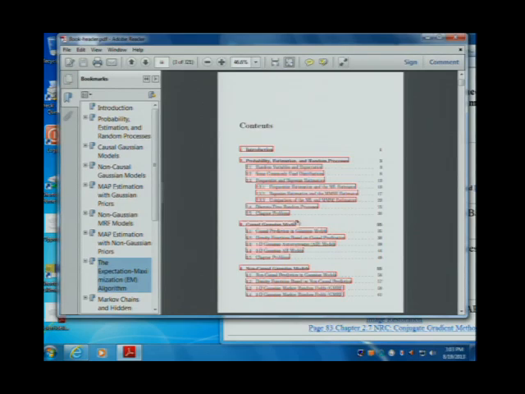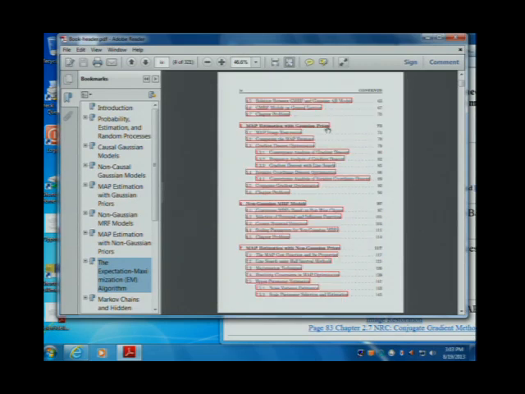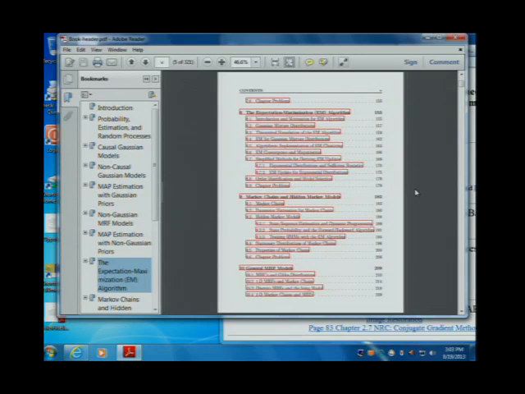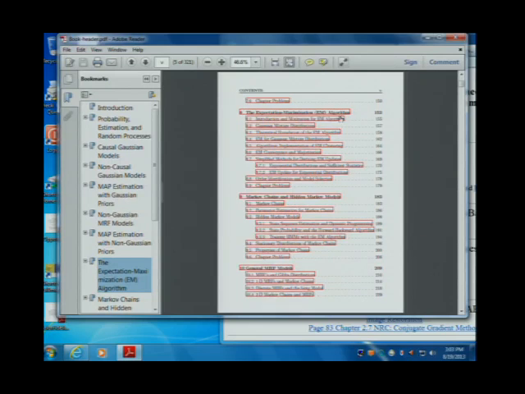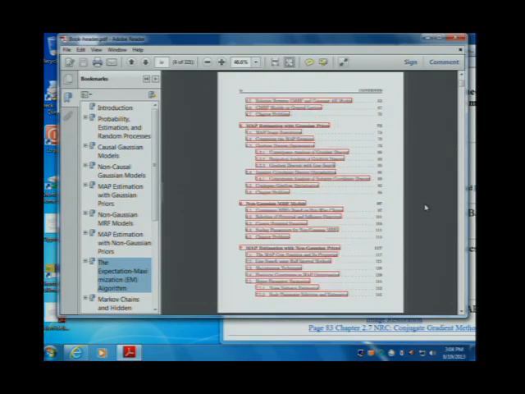So we have probability, causal Gaussian models, non-causal Gaussian models, MAP estimation with Gaussian priors, non-Gaussian MAP MRF models, MAP estimation with non-Gaussian priors, and then the expectation maximization algorithm, and then Markov chains and hidden Markov models, and then general MRF models, and then